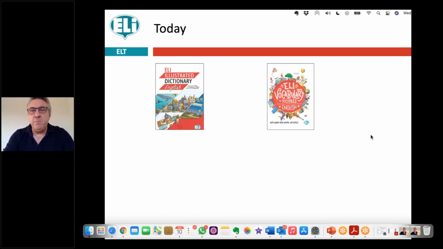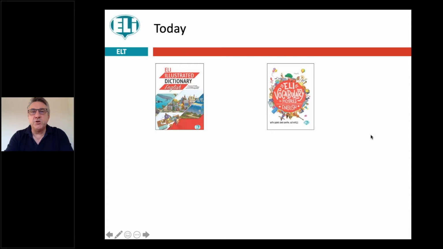Well, today I'm going to show some examples from these 2 books from Ellie, which I always carry in my bag, actually. Sometimes I don't need to because I have my iPad, but I always carry these books in my bag like a teacher. I used to be a teacher, and these are the sort of things I have just in case I need to bring in something new, or just to really simplify the lesson right down to visual basics for grammar, for vocabulary. I think it's often a misunderstanding that picture dictionaries are only for vocabulary, but that's not true at all, and I hope to show you why.